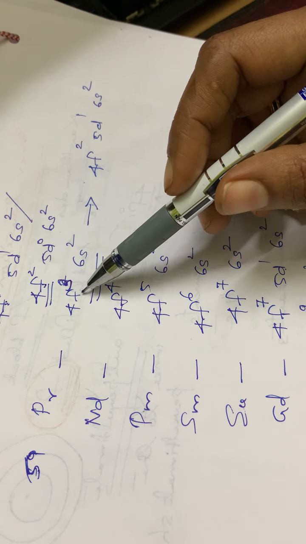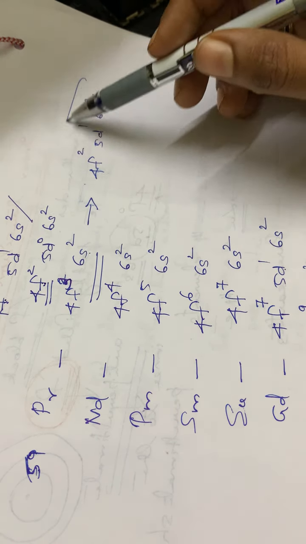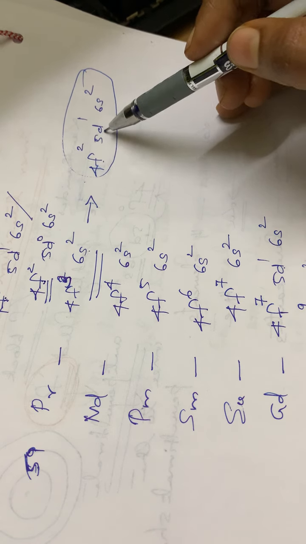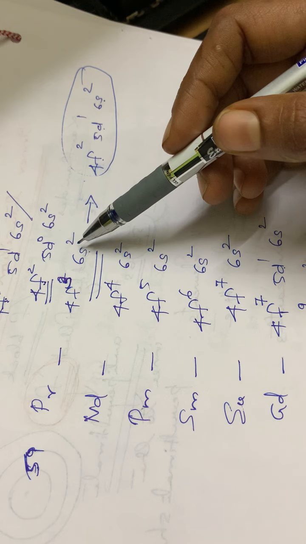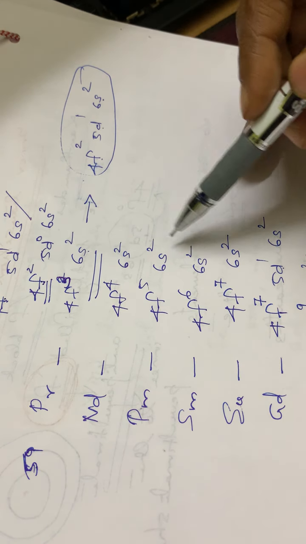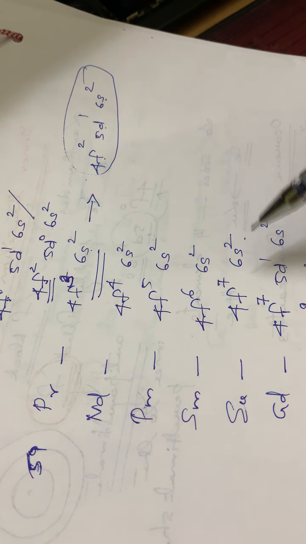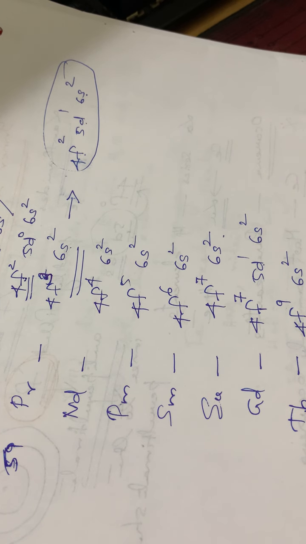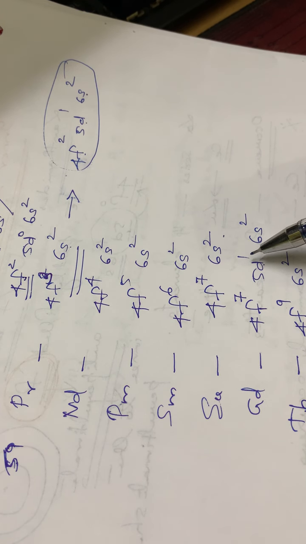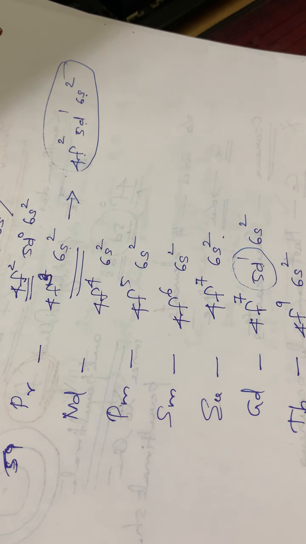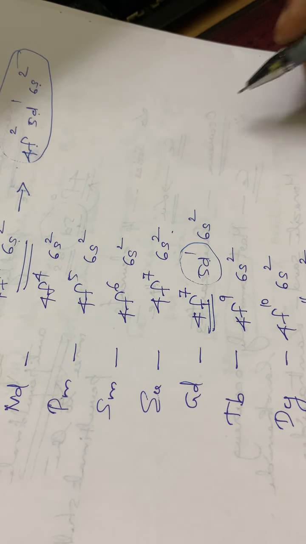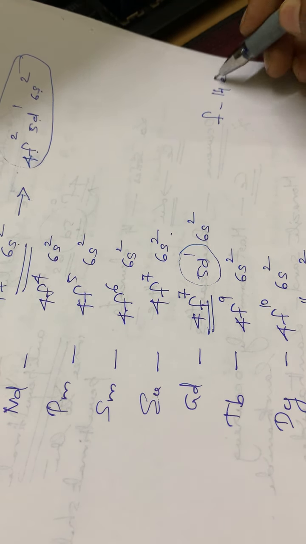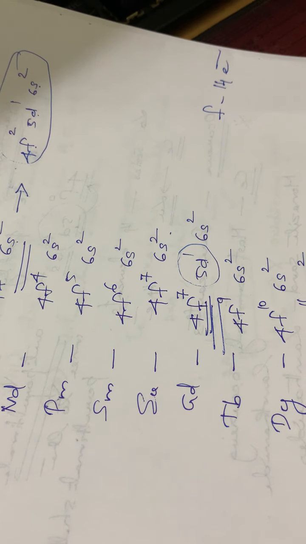See, promethium has got 4f3, 6s2, but we are expecting 4f2, 5d1, 6s2; the actual or observed configuration is 4f3, 6s2. That means from here up to gadolinium there is no electron entering the 5d orbital. From gadolinium onwards, gadolinium has got a 5d1 configuration. That means this 4f7 is a half-filled configuration, isn't it? F can accommodate a total of 14 electrons, so this is a half-filled configuration.